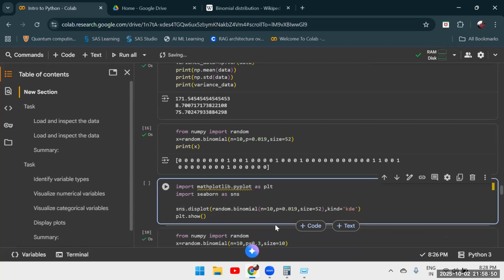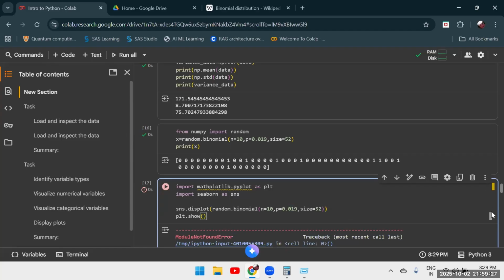Now I'm basically going to show you a distribution plot for the same size. I'm not going to show it with kind equal to KDE. Maybe this is not required now, but I'll reserve it for the later part. I'm just going to say the size is 52, which is 52 cards, and this is 0.19. So it is basically going to tell me a distribution of how my particular